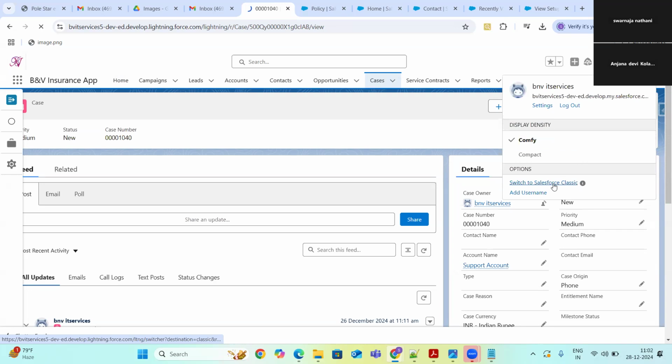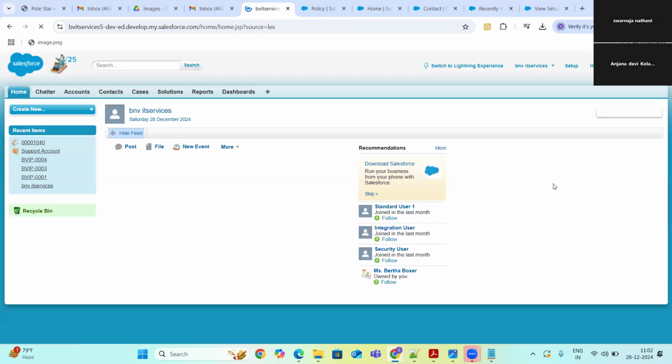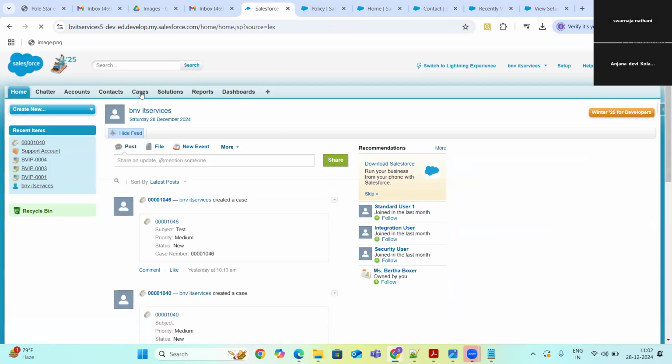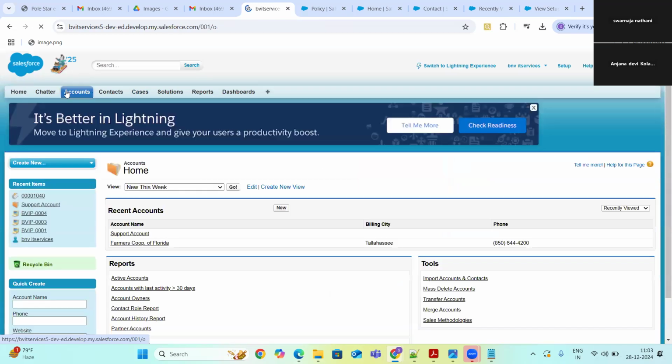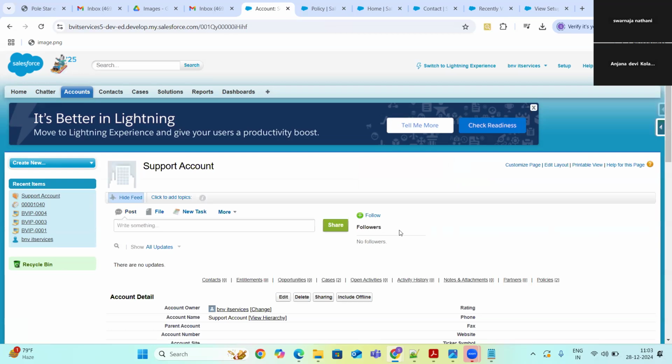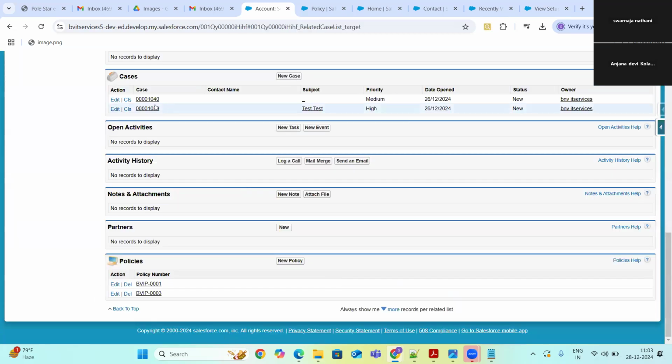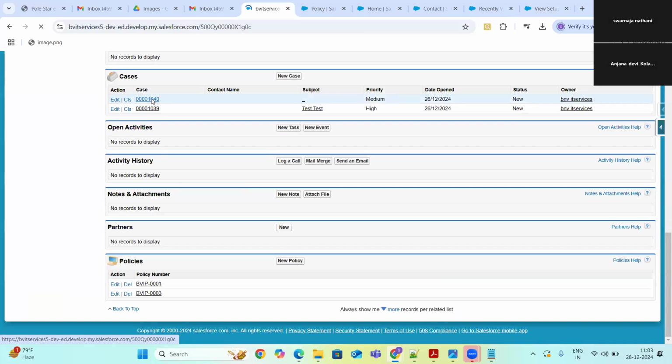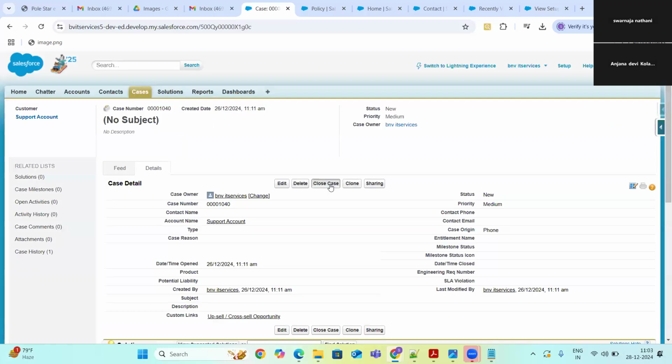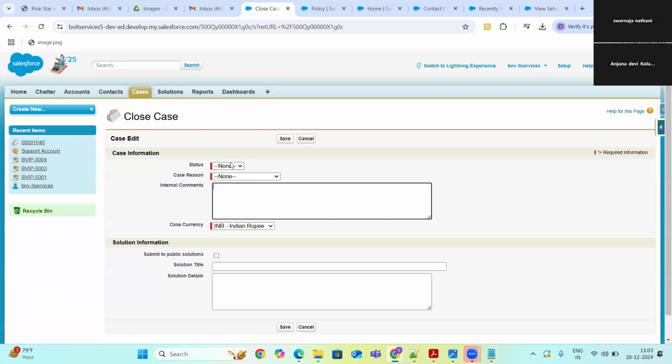So the close case functionality is not available in Lightning, guys. So I'm going to accounts, support account, going to cases, and let me go to my first unclosed case. Status closed. Region, I am just giving some random region.